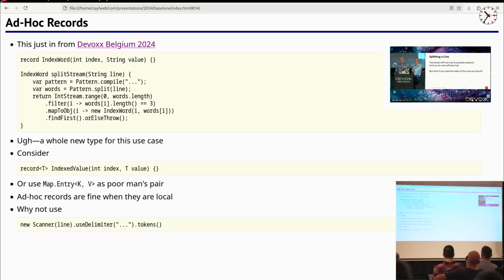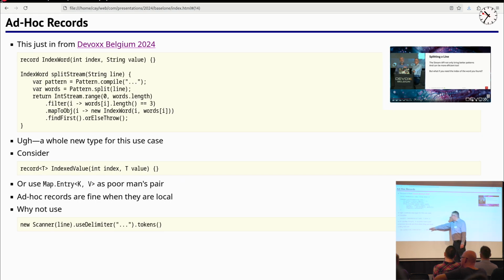By the way, if you have taken the time to read through this code as I was rambling along, you might have said, why are they doing this really complicated stuff with an IntStream.range and the split? They could have instead just used a Scanner, split along the delimiter, ask for the tokens, and then they get a stream in a much easier way. And indeed they do, but what they don't then get... So this is a much more natural way of breaking up a line along tokens.